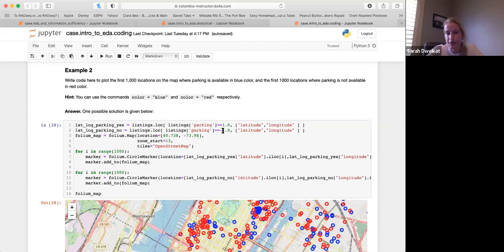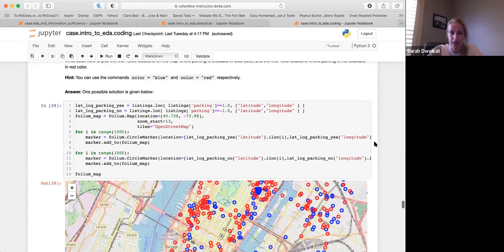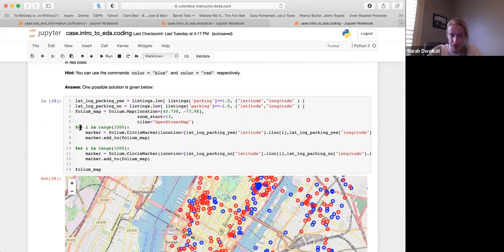When parking equals a -1, we use the .loc function to pull out the latitude and longitude for everything where the parking column is a -1, or no. We make our Folium map, the same map we've been using for New York, because we want to add these things to our map. Then we're going to use for loops,